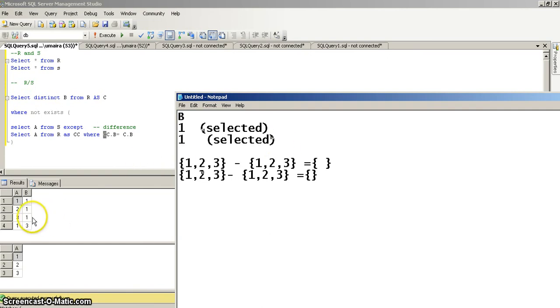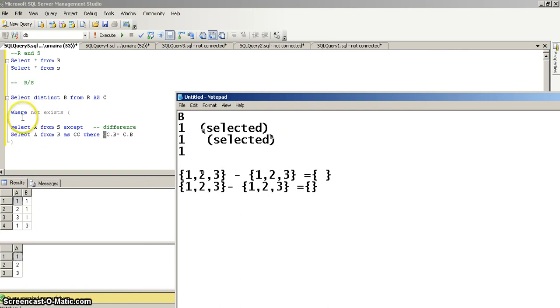Okay. So in the third iteration, it will select this tuple which has a value again 1, and in the inner not exists case, the set will again be 1 2 and 3, and the difference of that will be select A from R as CC, where CC dot B is equal to C dot B again, which has value 1. So 1 will join again with this table, so the first three tuples will be selected: 1 1, 2 1, 3 1. So the set will be 1 2 and 3. Again it will be a null set. It means the not exists condition will again be set to true, and the third value will again be selected, right?